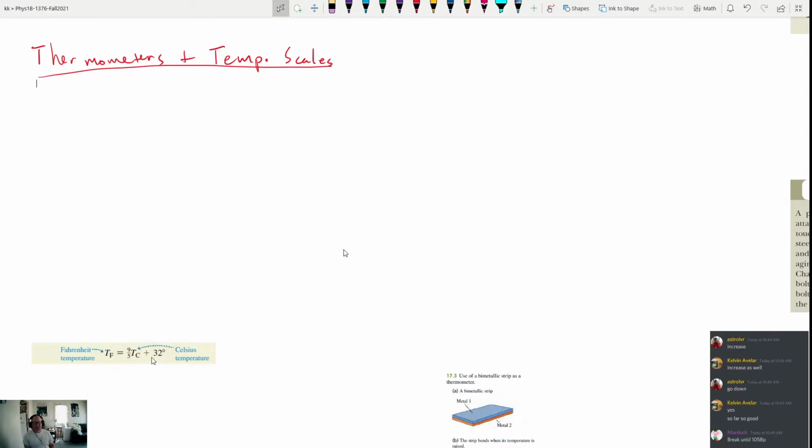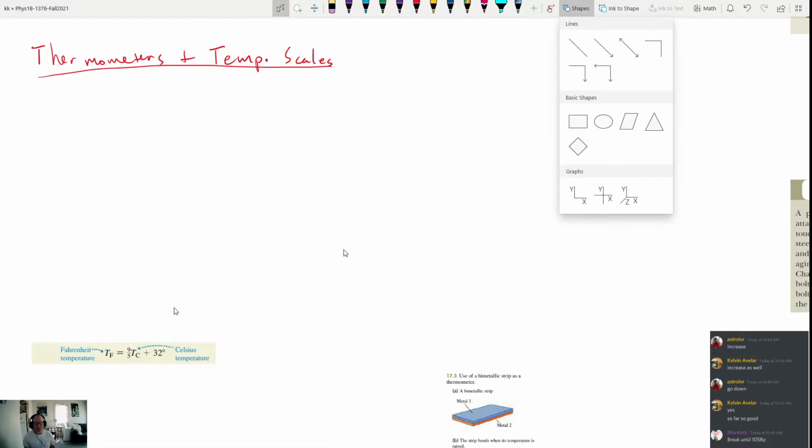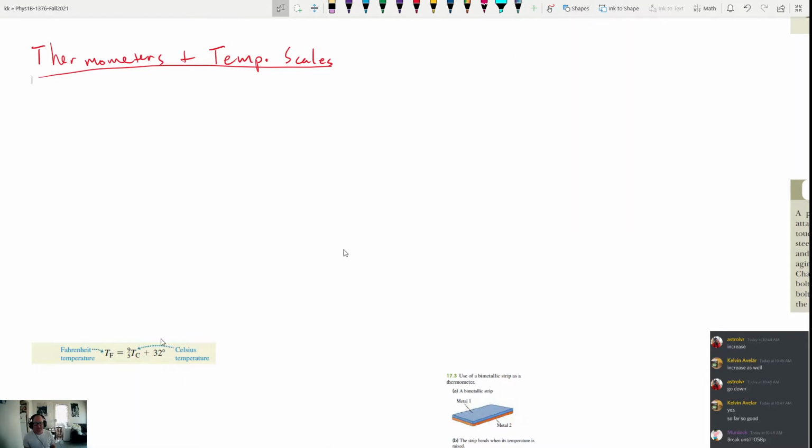And we have different ways of going about doing this. The simplest way that you can construct a thermometer is by taking advantage of the fact that things tend to expand when they are heated. Is that something that you all are aware of? Is it most or all? Don't know. Most fluids, solids, gases, whatever. Most fluids and solids expand